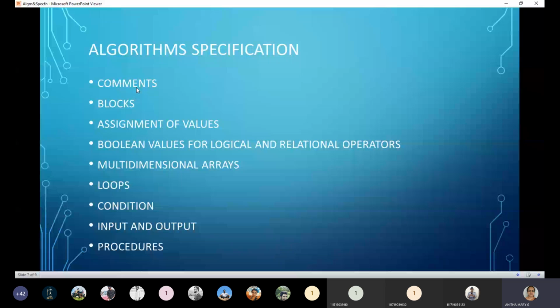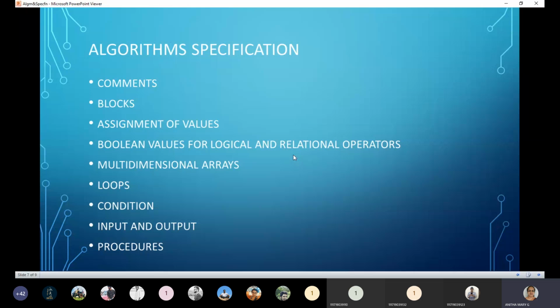So first one is about comments, that is two backward slashes, and blocks with the curly braces. Assignment: in general we just say equal to, but in an algorithm we have to write colon equal to. And here for logical and relational operators, in order to compare, what are the different symbols we use?